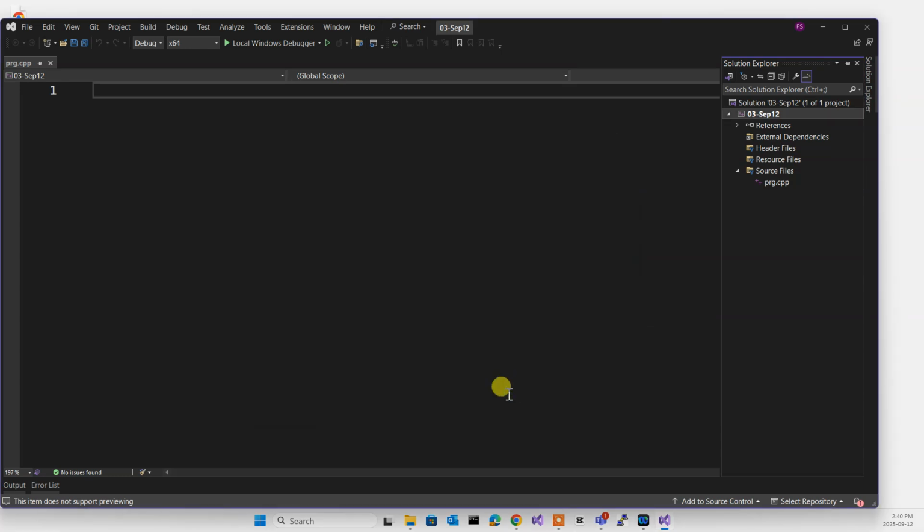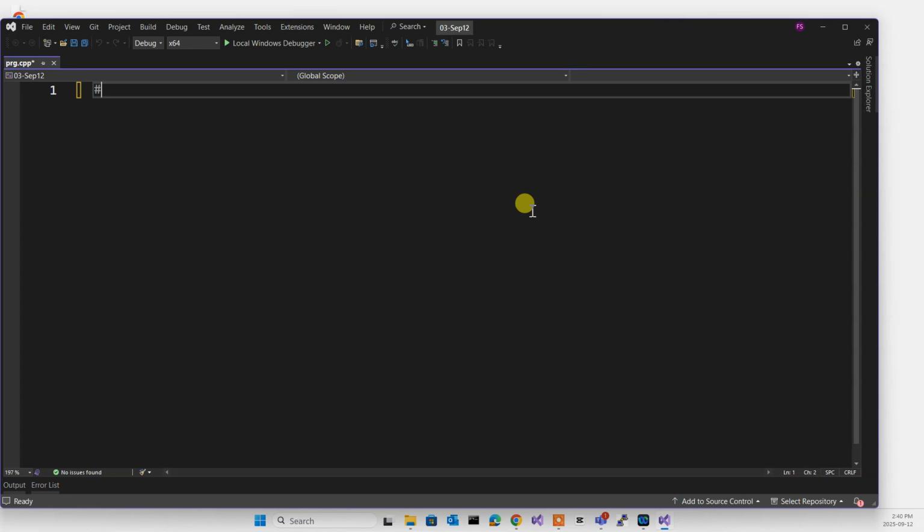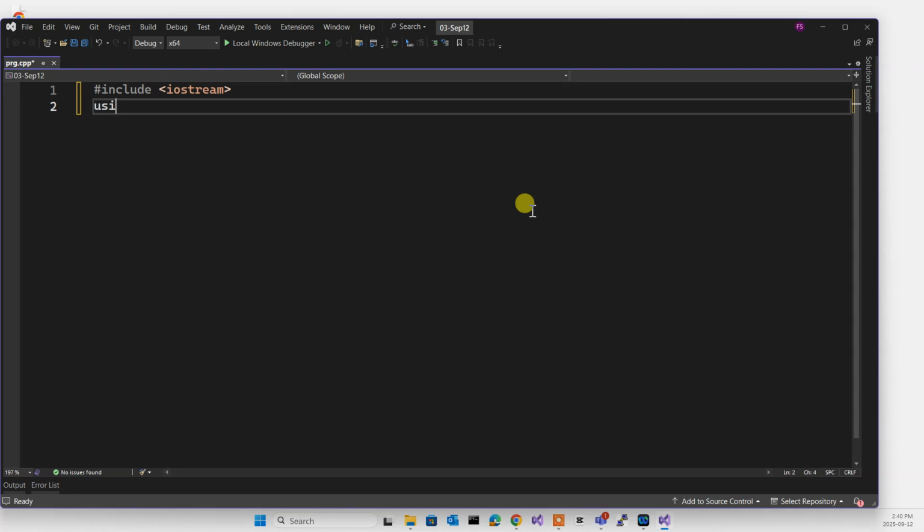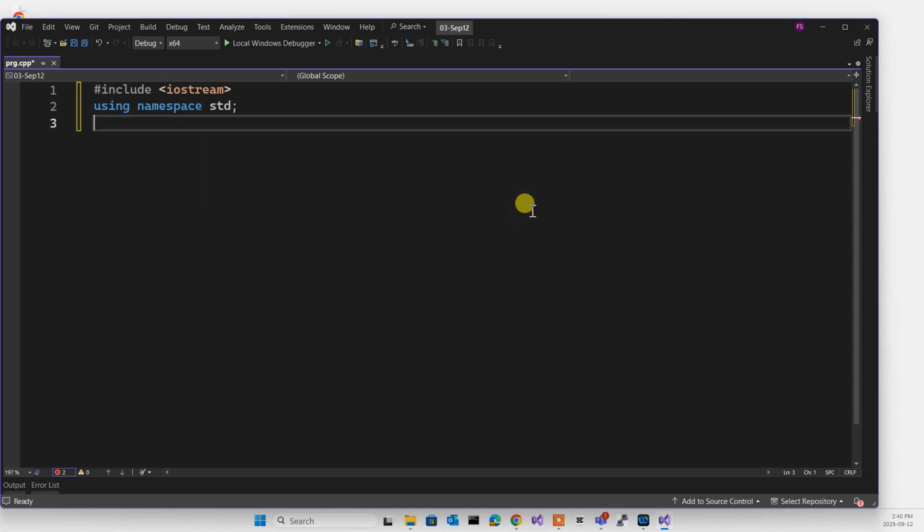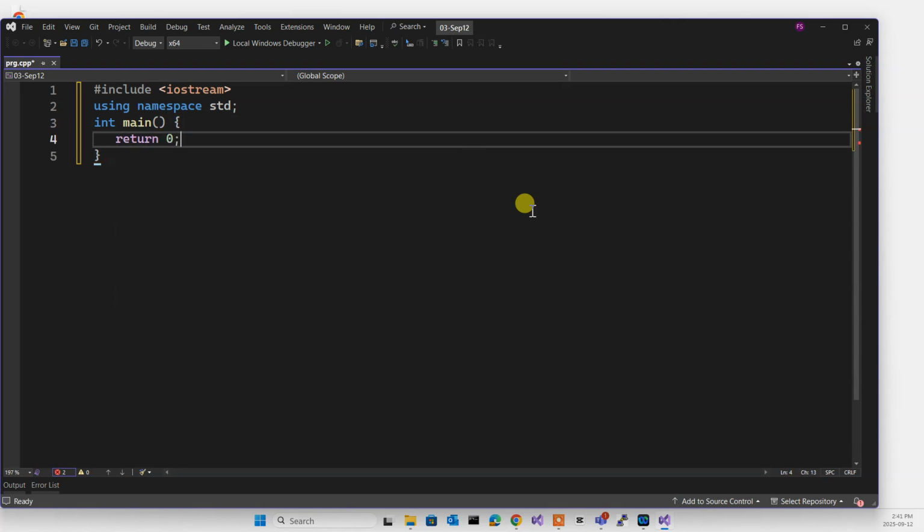Apply and OK. Test it. Using namespace std, return 0, and we're going to have cout 03, September 12th, OOP345 NAA.